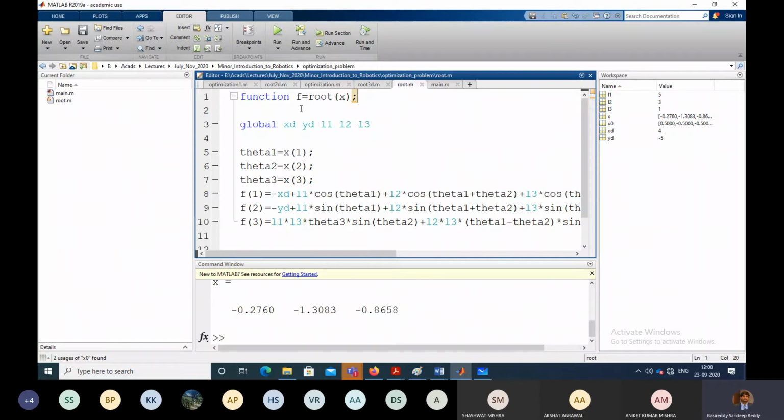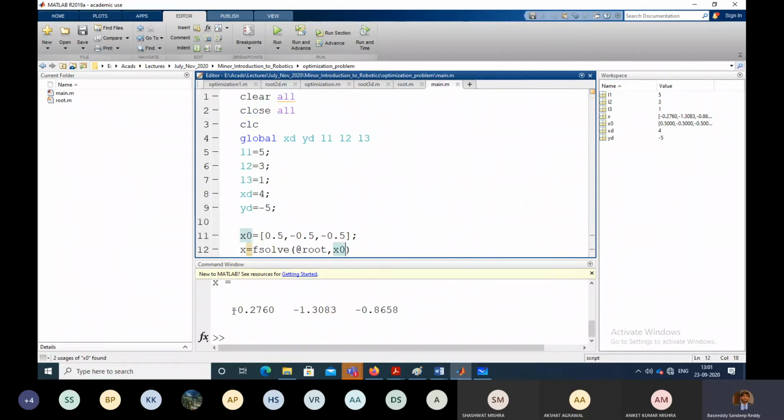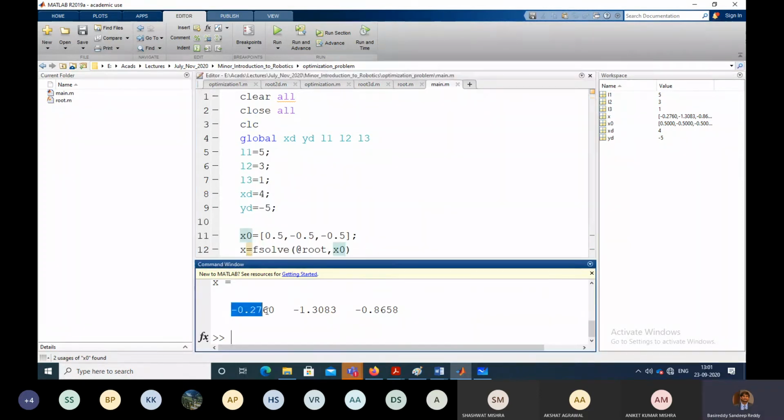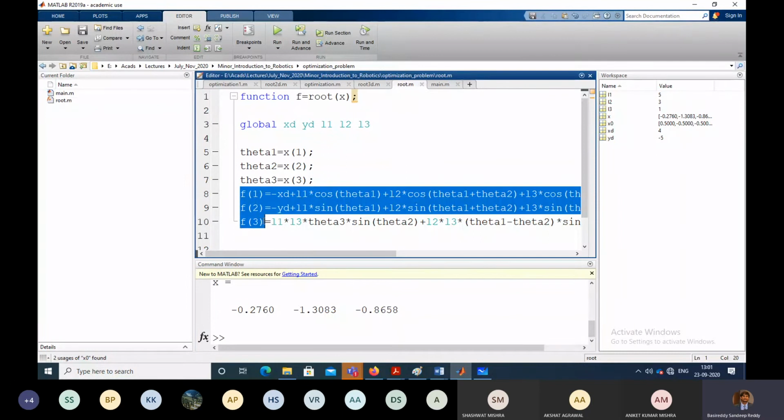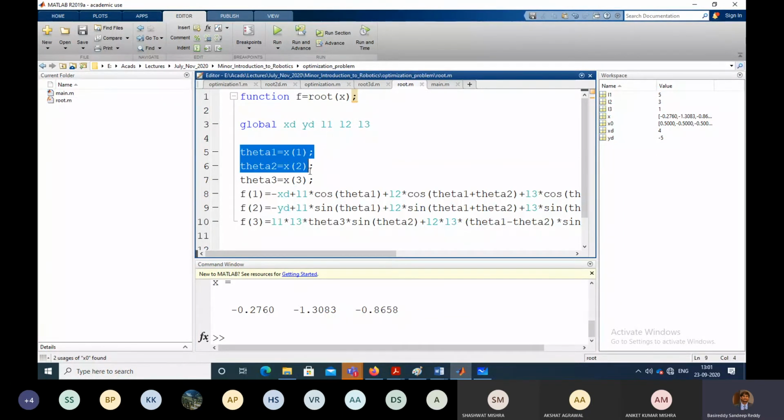And then the algorithm runs and it will give you a final answer comprising some theta1, theta2 and theta3. So here in this root, f is the vector of the functions, and theta1, theta2, theta3, the initial guesses, is what we are giving as the input.